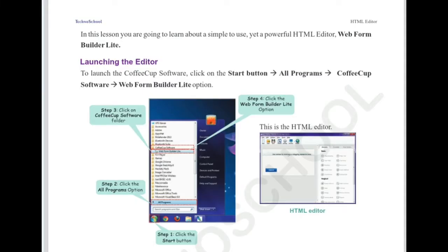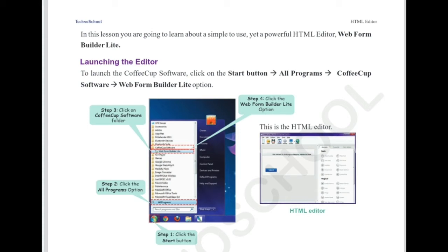So here look at the picture. Let us explore the editor. We can see the main toolbar. In the main toolbar, file, edit, actions, view, tools and help options are there. Workspace, the primary work area. We are going to design our web pages here, using the properties, and the icons are there. We are going to create websites. Element tabs. What are the elements available? You can see under the elements tab. And the properties, we want to apply colors and options for websites and web pages. You can apply them in properties. And the form options tab. Under the form options tab, you can see text box controls and other controls you want to place, you can use them.